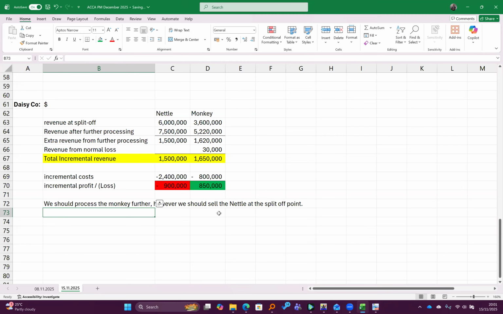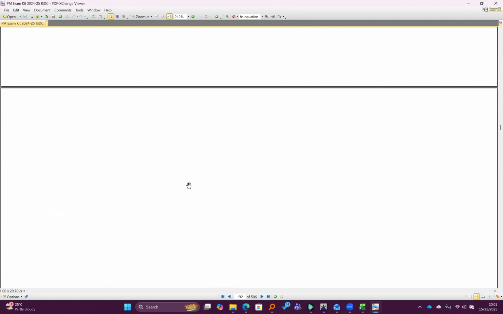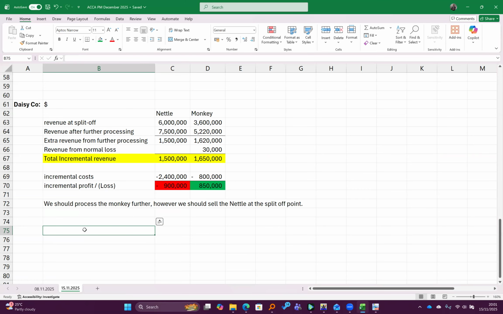So then they also said that based on the optimal production plan for period 3, of course, here we just say the optimal production plan is 300,000 liters of netto,